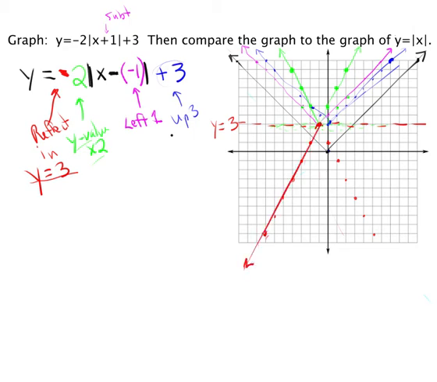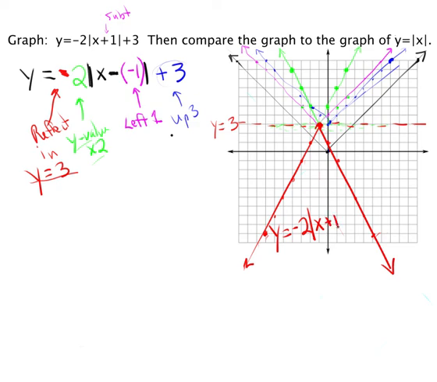Now that should have gone through that point right there. It's a little tricky for me with my computer board, but when you do it on your paper, it's a lot easier. You have to go right through that crosshairs. All right, there we go. That one's much better. I'll make a nice dark line so that that is our final graph of, and I'll write it right here, y equals -2, the absolute value of x,